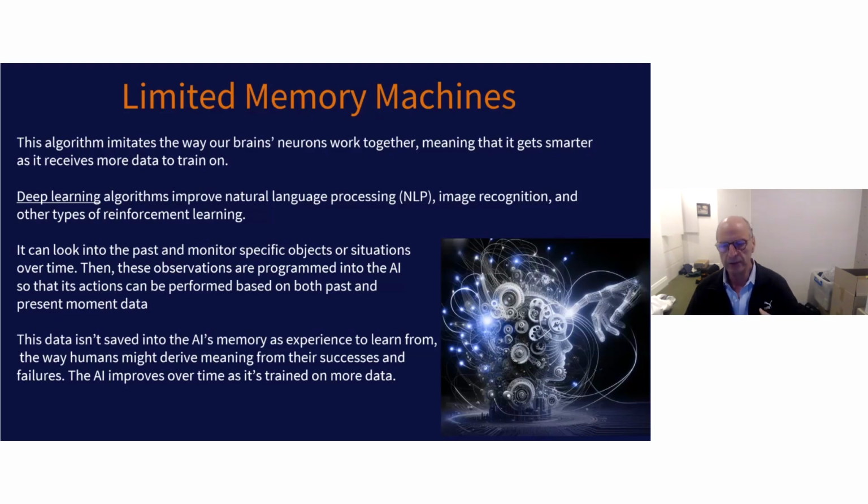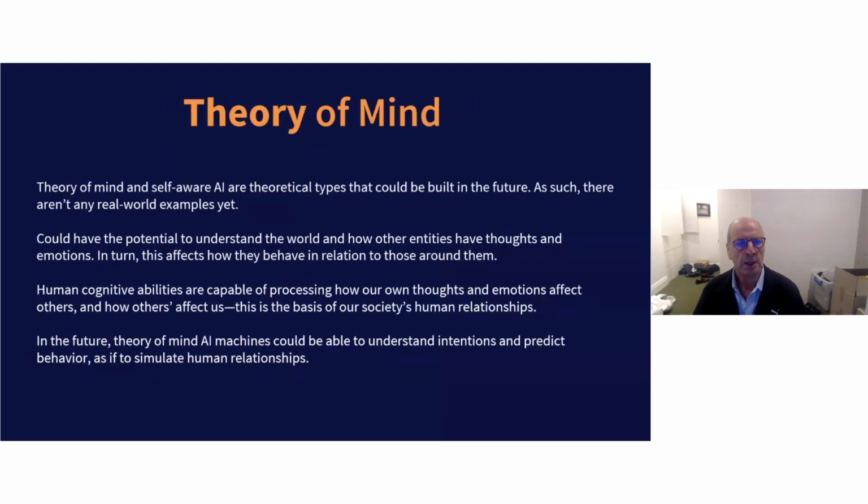But all this is not temporal, it's not saved for the next time into the car's AI memory, unlike us humans, where we derive meaning by having incomplete data and we can learn and remember and apply that to future behavior. And then the second last category, which we don't yet have, but people are on the way to developing,